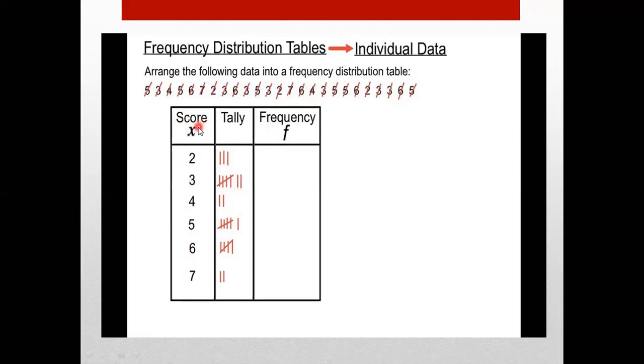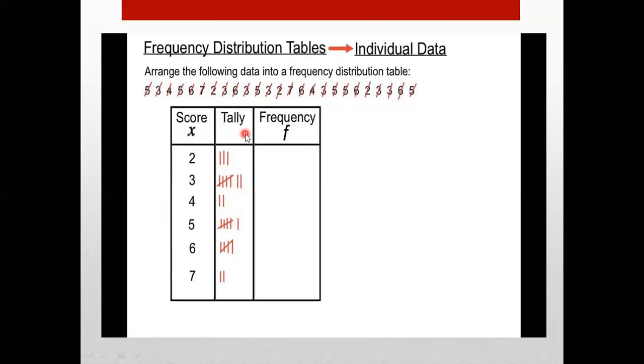This is how you will write the score in the first column, because this is individual data. This is known as an ungrouped frequency distribution table. Ungrouped means whatever data you have collected, you compare the minimum and maximum, and write all the numbers in between in ascending order. Okay children, so this is the score, and this is the first column. The second column is the tally marks. We are going to understand that later.